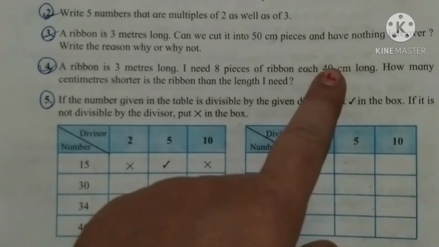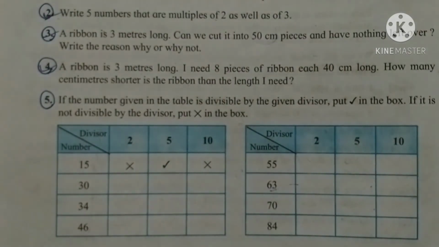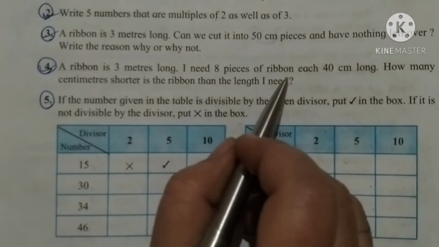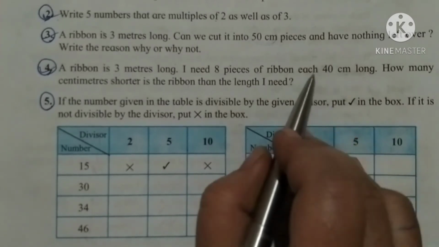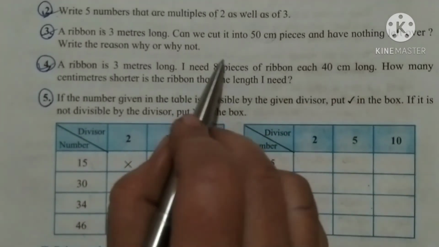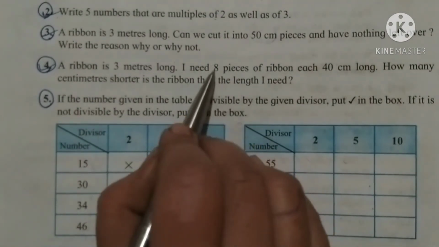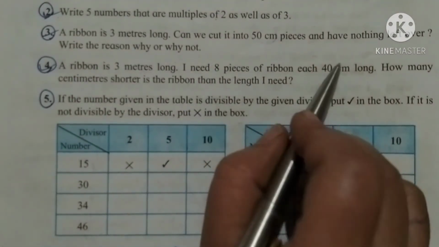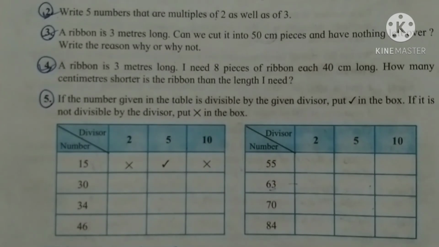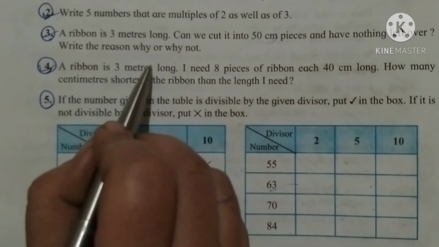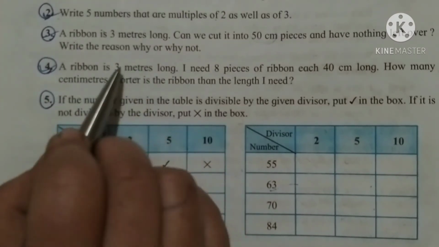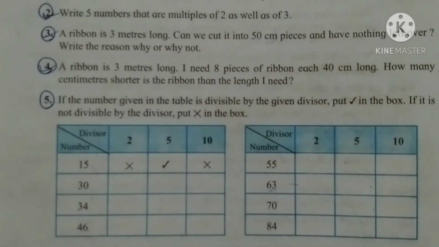With how much length? 40 centimeter. Okay, now first we have to find, as we want to make 8 pieces of 40 centimeter, how much ribbon we need. 8 पीस बनाने के लिए वो भी 40 सेंटीमीटर के कितना रिबन लगता है वो हमें पहले निकालना पड़ेगा. ओके, देन कितने हमारे पास कितना रिबन है, ये और ये दोनों बराबर है कि नहीं वो कंपेयर करना पड़ेगा. एंड देन वी हैव टू फाइंड.